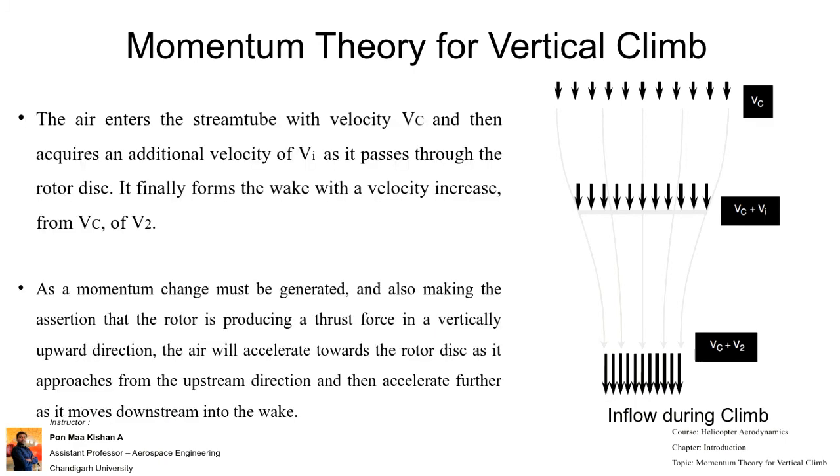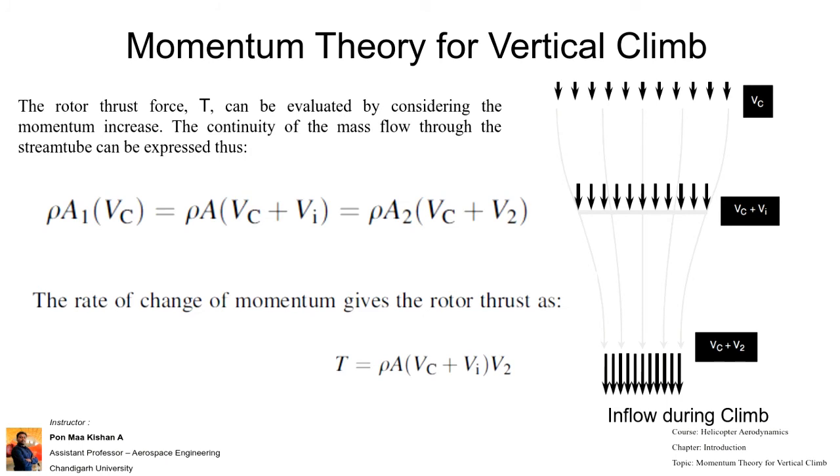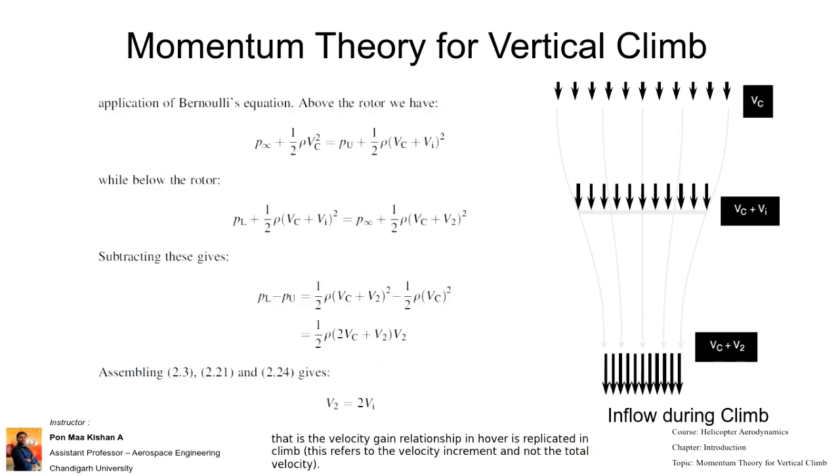So if we substitute those values in the thrust equation, we can equate that V2 is equal to 2 Vi. The same is done for vertical hovering also. If you see the hovering equations, the same, that is V2, will be given with respect to 2 times Vi. So that indicates that the exit velocity of the stream will be 2 times the induced velocity. The induced velocity will be around the rotor, so that will be 2 times the induced velocity.